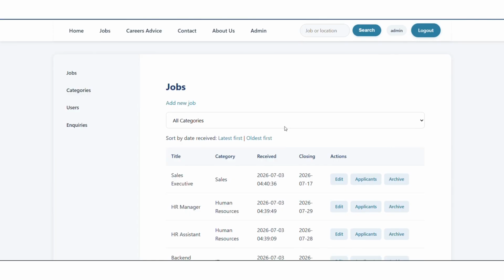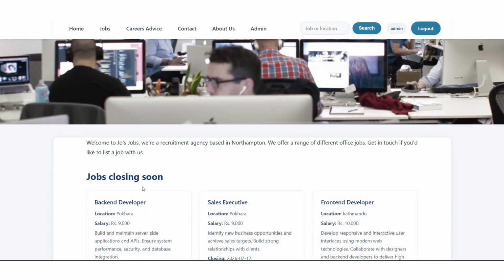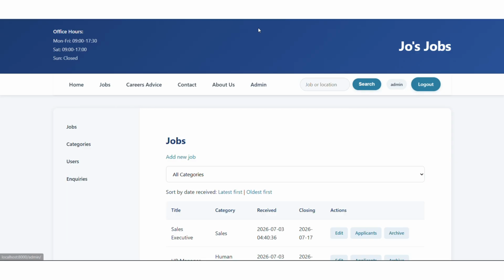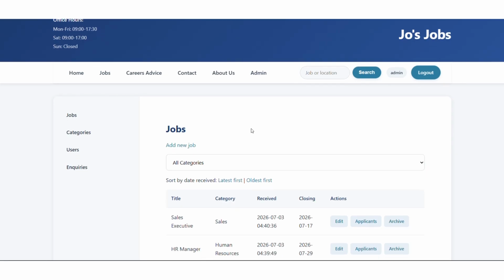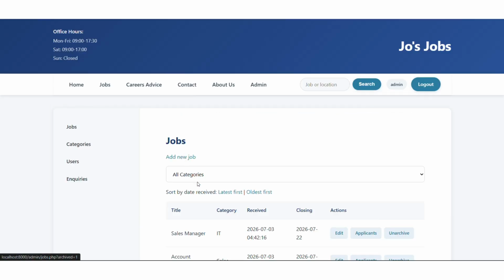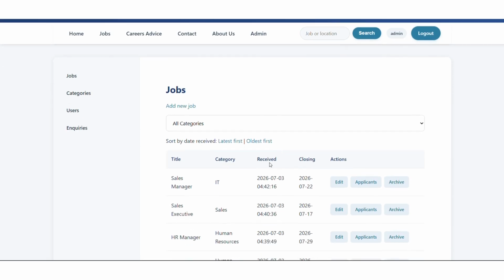As you can see, it is no longer on the home page. To restore the job, I will click on unarchive job. The job is now active and will appear in the job listing and public site.